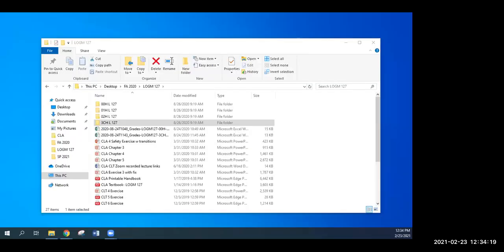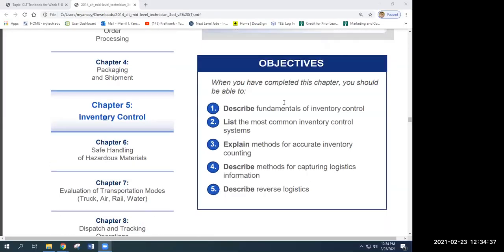That was chapter 4. Chapter 5, inventory control. Let's move this back over to this page now. See if I can fix it to go to the right one again. Here we go. Okay, so